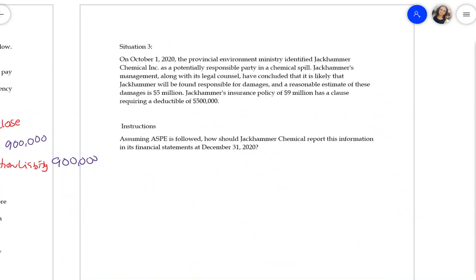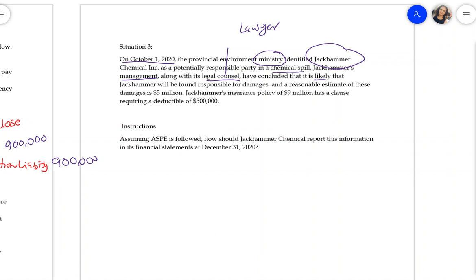Situation number 3 says that on October 1st, 2020, the Provincial Environmental Ministry identified Jackhammer Chemical Inc. as a potential responsible party in a chemical spill. So there was a chemical spill, and the ministry identified that Jackhammer was potentially responsible. Jackhammer's management, along with the legal counsel, who are the lawyers of Jackhammer, concluded that